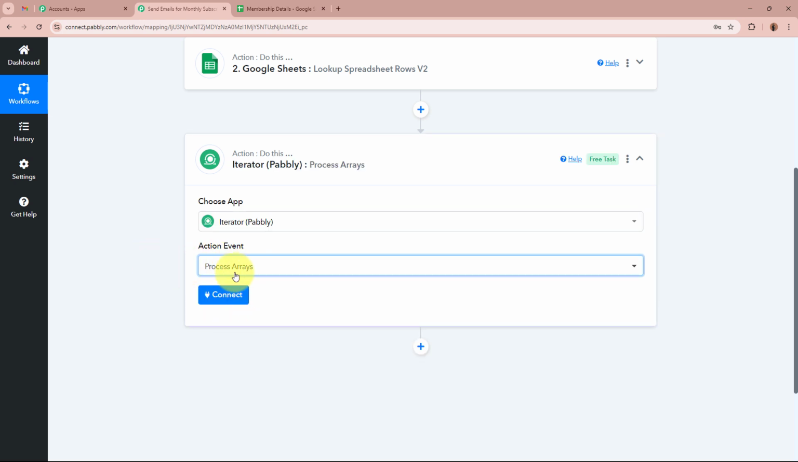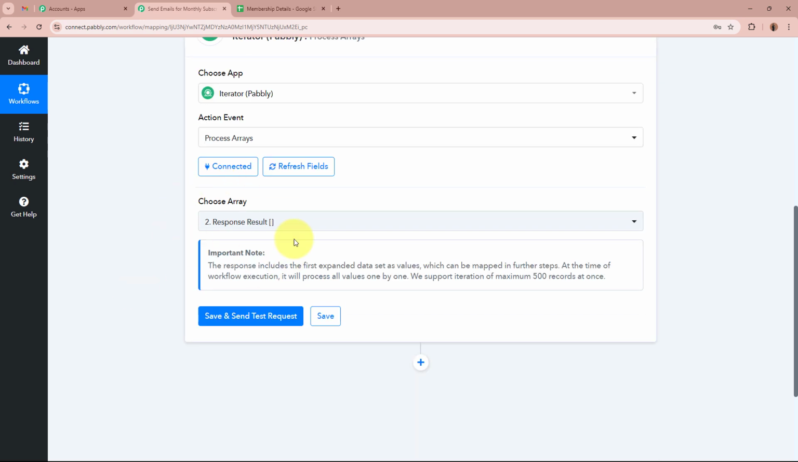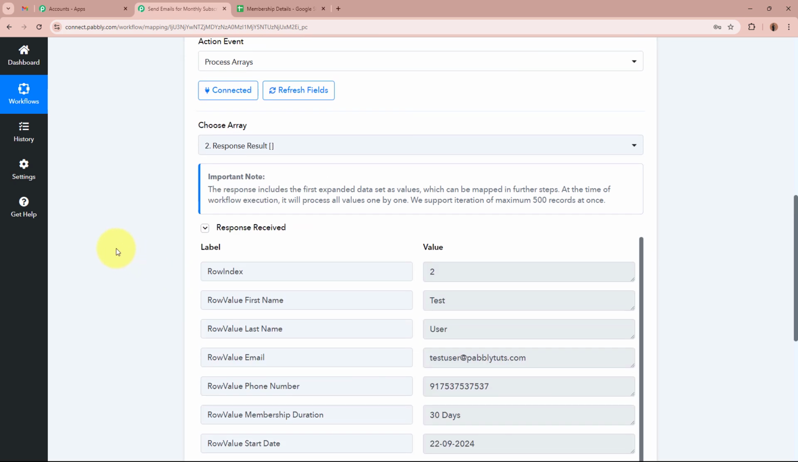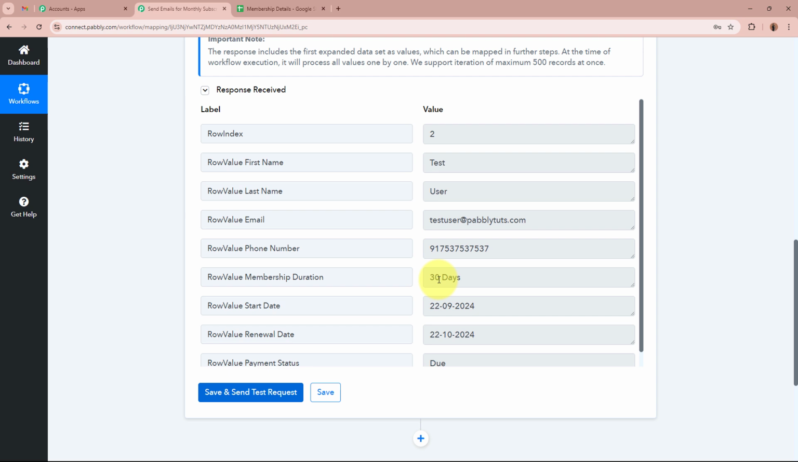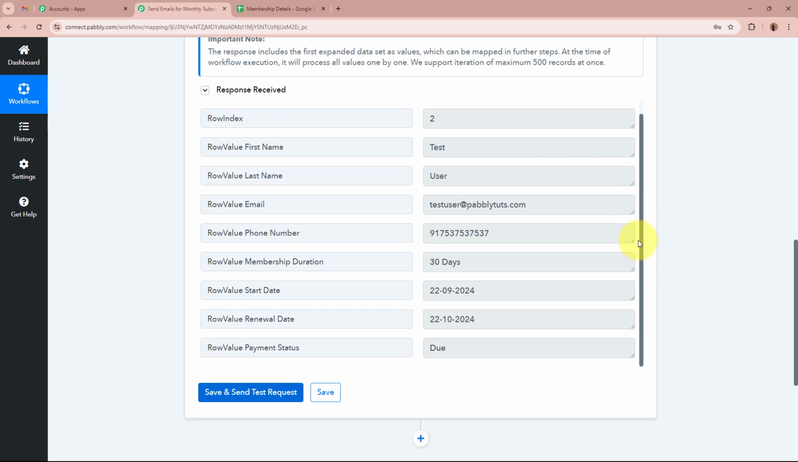With the help of this amazing feature, we can process the arrays. So for the action event, I'm going to select process arrays, and then I'm going to click on this connect button. As we do that, it is going to detect the response automatically. After that, I'm going to click on the save and send test request button. As I've done that, you can see right away we received the response of a single member whose record we